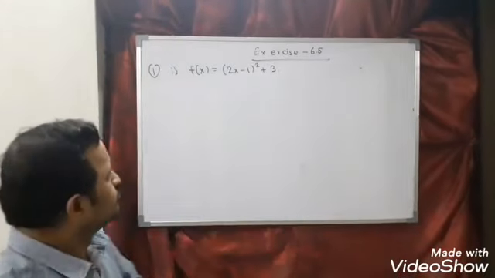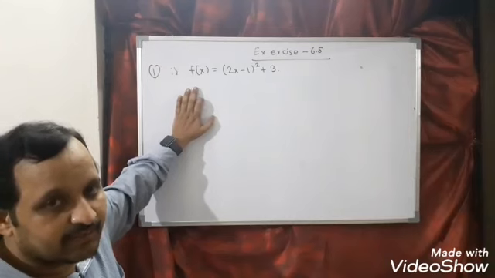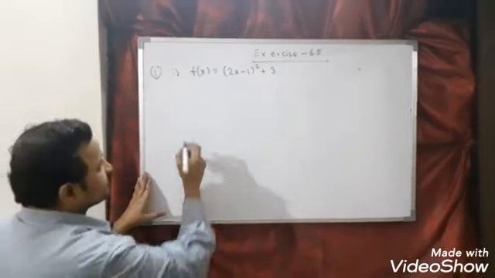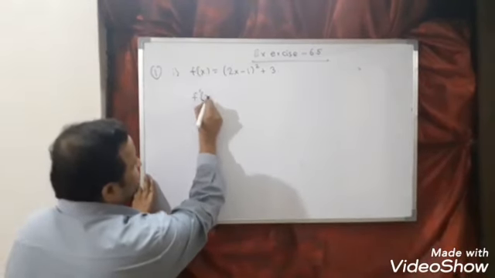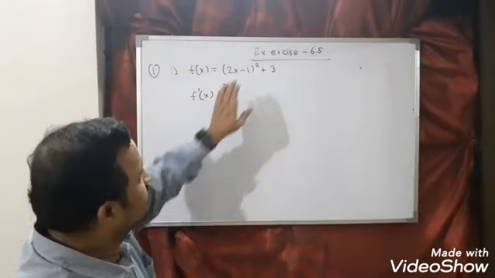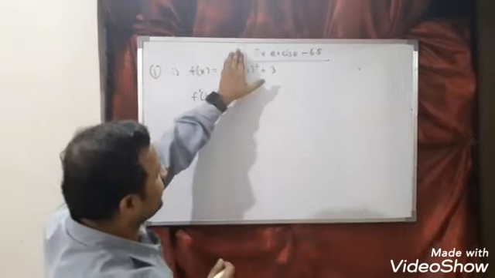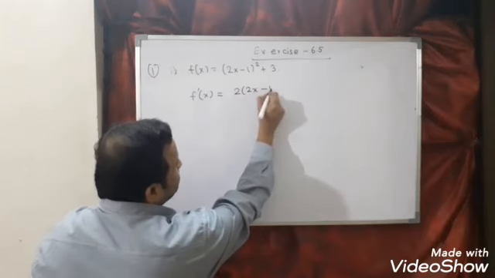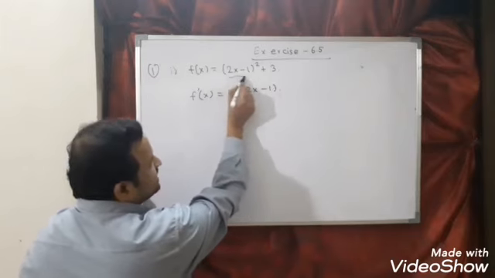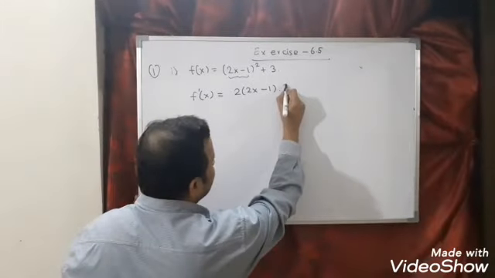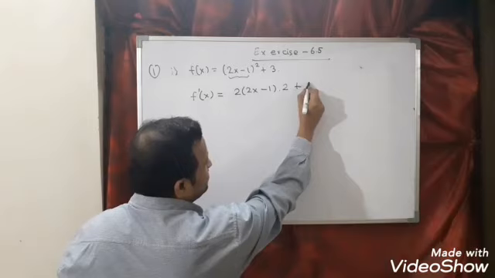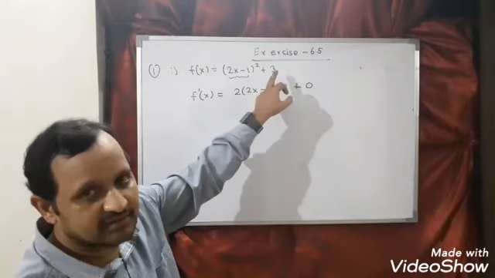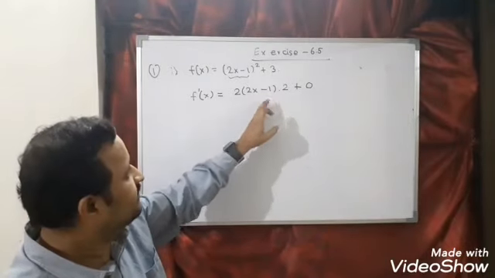Now look here. I told you this is a polynomial, so we can apply this working rule whenever a polynomial function comes. So what is the first step? First step is find f dash x. Assume this to be x square, so the differentiation is 2x. So I can say 2 into (2x minus 1) into the differentiation of 2x minus 1, chain rule, which is 2, plus the differentiation of 3, which, since it is constant, is 0. This is one way. The other way is to expand and then apply differentiation, the same answer will come.